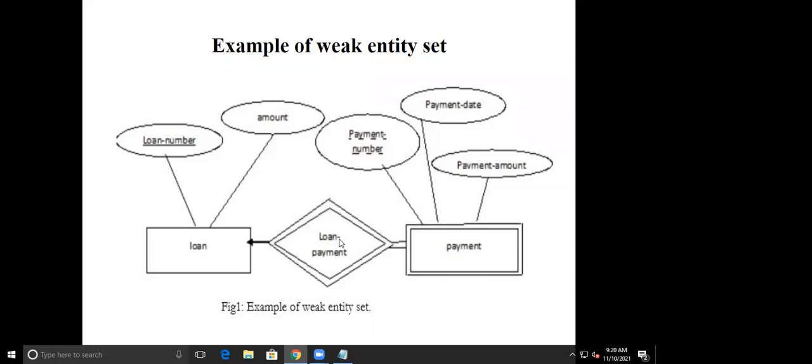When we store it, only the payment has physical existence. The payment entity will have its own existence, but the loan payment relationship will not be found anywhere within my relational model. Clear? Yes, ma'am. Okay, is there anybody still having doubt?